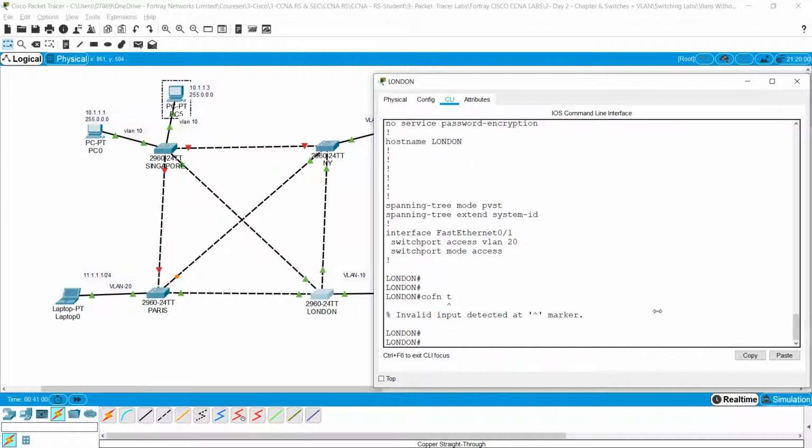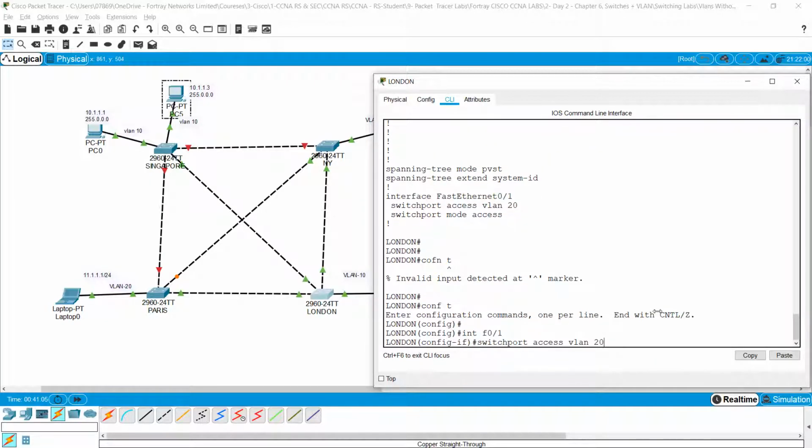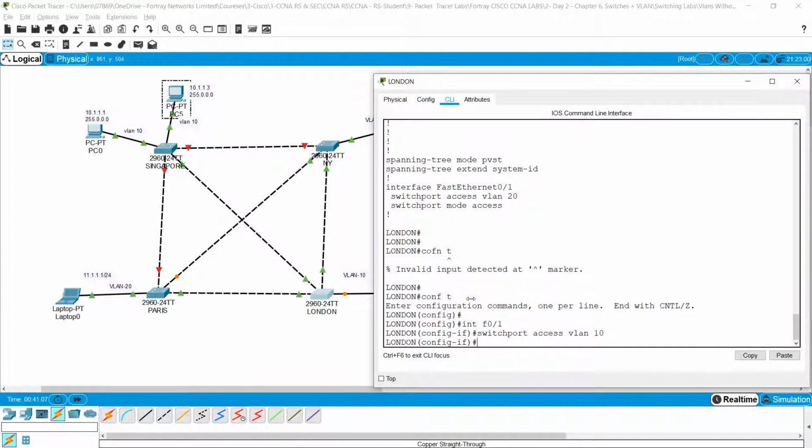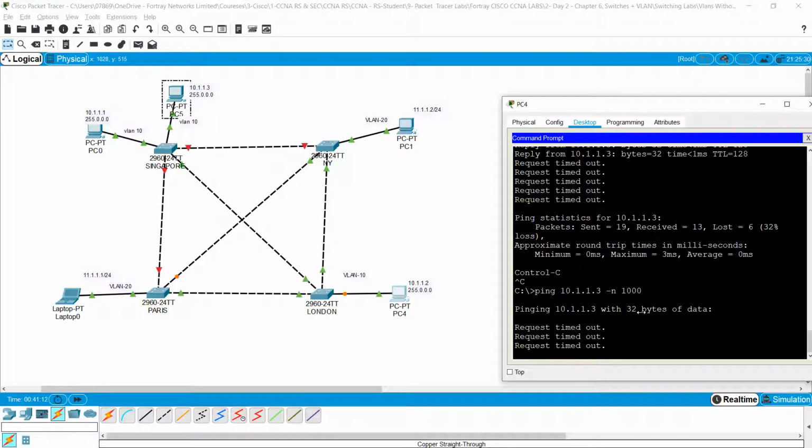So this is one troubleshooting. I need to fix it. I need to make sure that this is part of the same VLAN which the other devices are. It will try to communicate again, and after some period of time, you will see the communication will be restored.